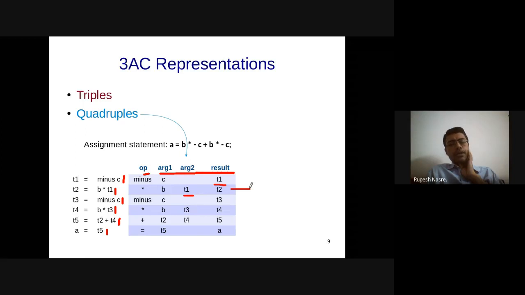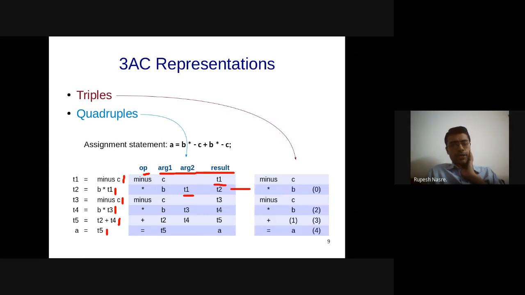If we do that, then I can use the offset within this table, within these quadruples, as an argument in the second instruction rather than using the quadruples, right? So let me show you how we will do that.